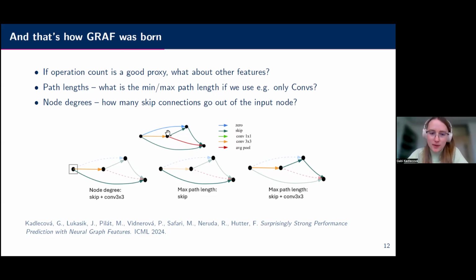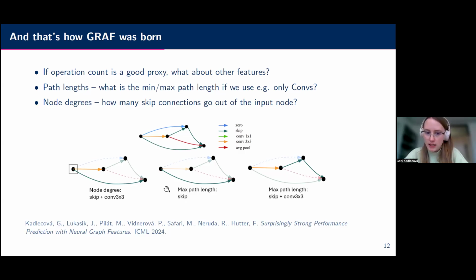So this is a really nice picture that Jovita drew. Thank you, Jovita. And it represents a cell from NASBench 201. NASBench 201 is a cell-based search space where the same cells repeat multiple times across the whole network architecture. And edges are operations. So for example, in this example cell, you've got a skip connection from the input to the output, then a convolution 3x3 followed by average pooling. And there's also one edge that's deactivated because it's 0.